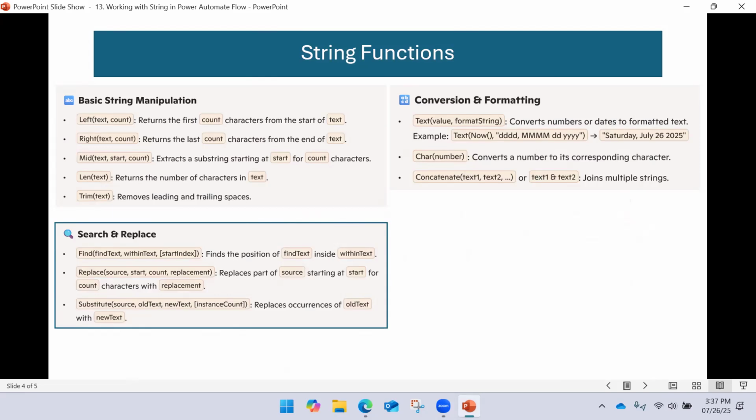So this could be supported in Power Apps also, or in Power Pages also, wherever it supports, no problem, right? But these are the common functions I used across many programming languages, many applications, right?